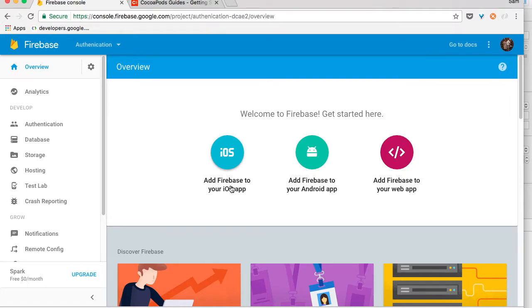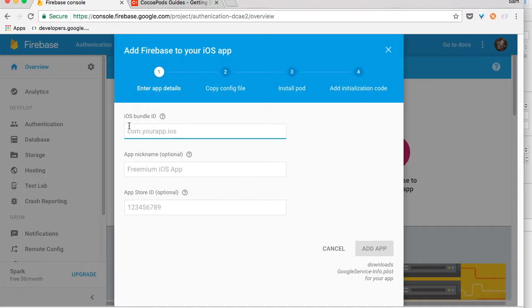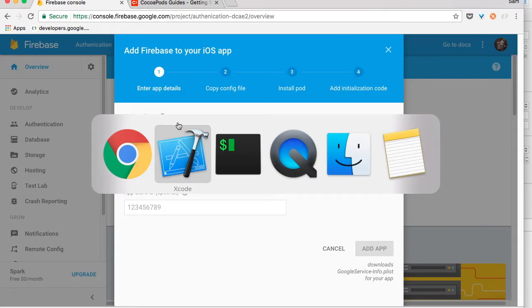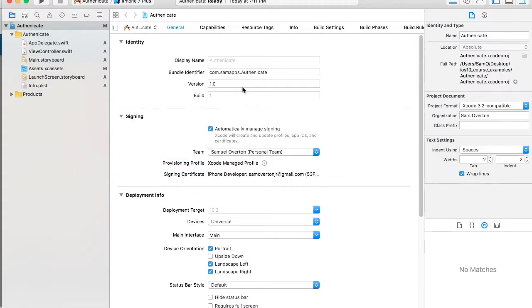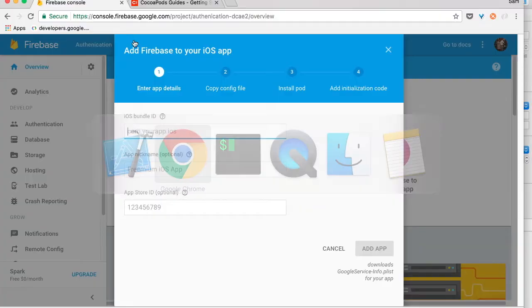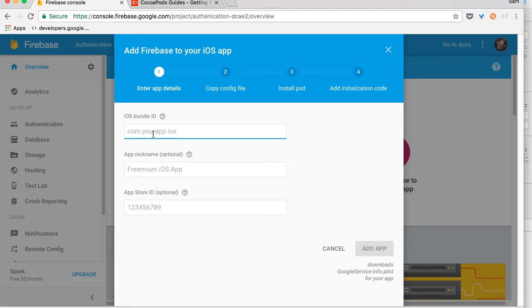So now we want to add Firebase to our iOS app right here. It asks us for our iOS bundle ID, and where you can find that is when you go back to Xcode. How I'm going to get back there is I hit Command Tab, and it shows right here Xcode. In Xcode, if you go to where it says authenticate right here, and you go to general right here, right in this area, it has our bundle identifier. All you have to do is copy and paste it over to the console. So you just hit Command C,